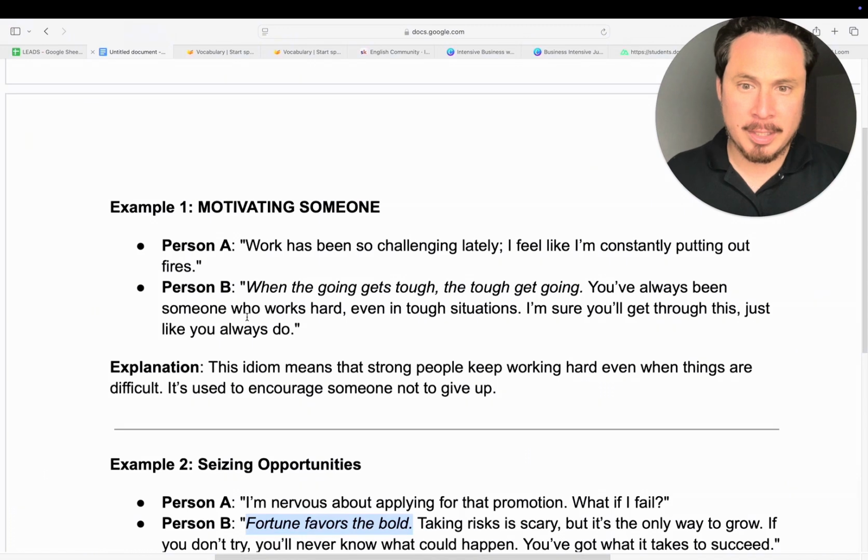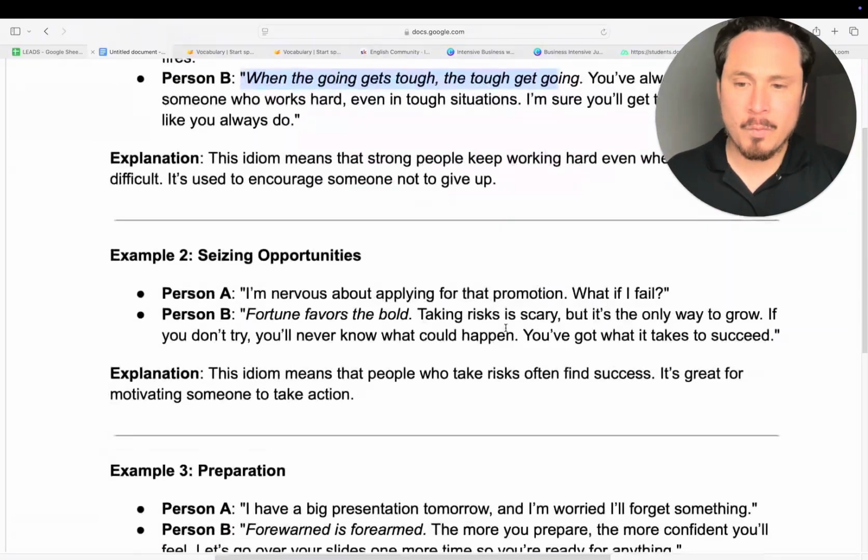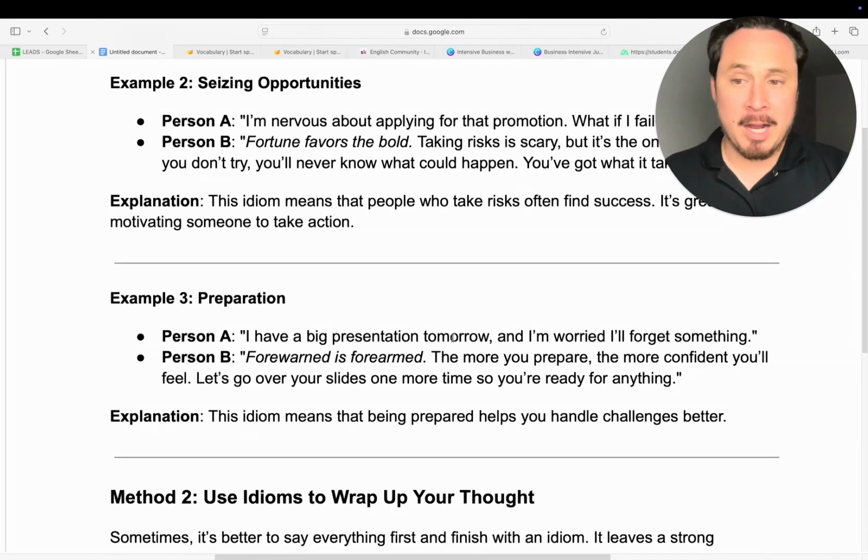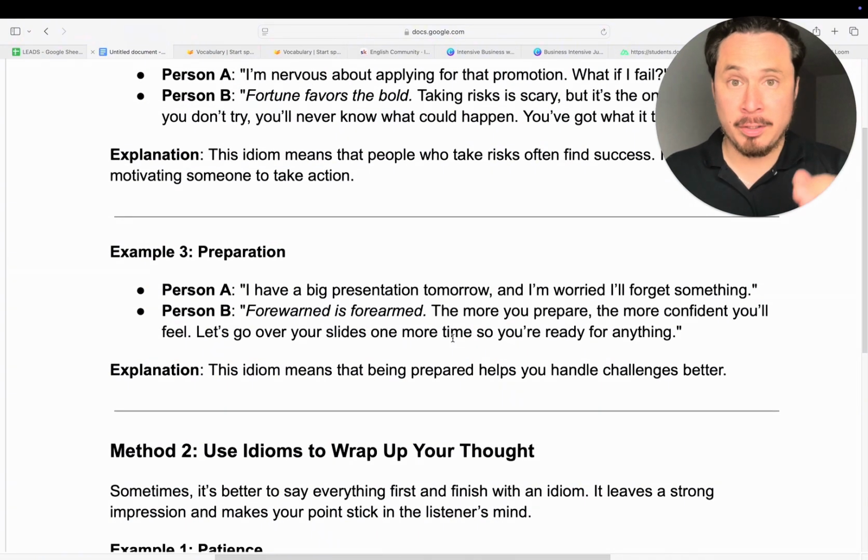So nice. It's a nice way of viewing. I think you can even do it with this one. When the going gets tough, the tough gets going, and you can if you want to. So that's another way of using the title idiom in the beginning. Does that make sense, my students? I'm pretty sure that makes sense, right? I'll show you another example just in case, and then we'll go to the second method, okay?